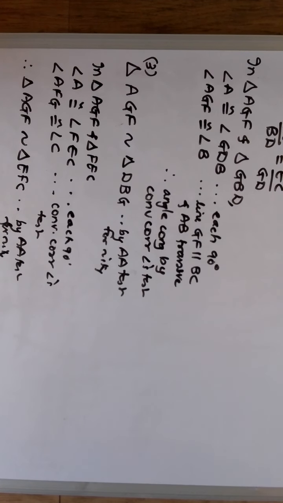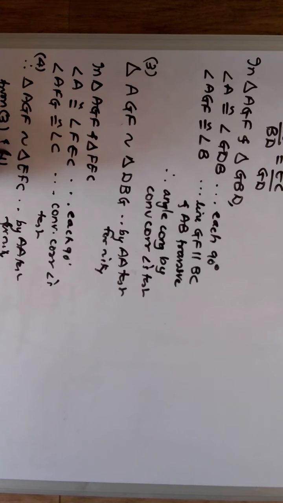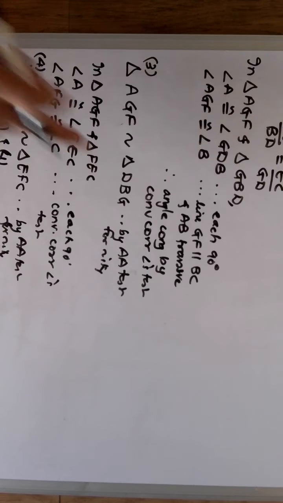Now since these two triangles are similar, right, so obviously from 3 and this statement 4, you can see I have kept the correspondence the same here, AGF and AGF. Why did I keep it the same? So that this correspondence also remains the same. That is, from 3 and 4, what do you have? You have triangle EFC. Now you will be thinking, why did I write EFC first? I could have written DBG, no problem.